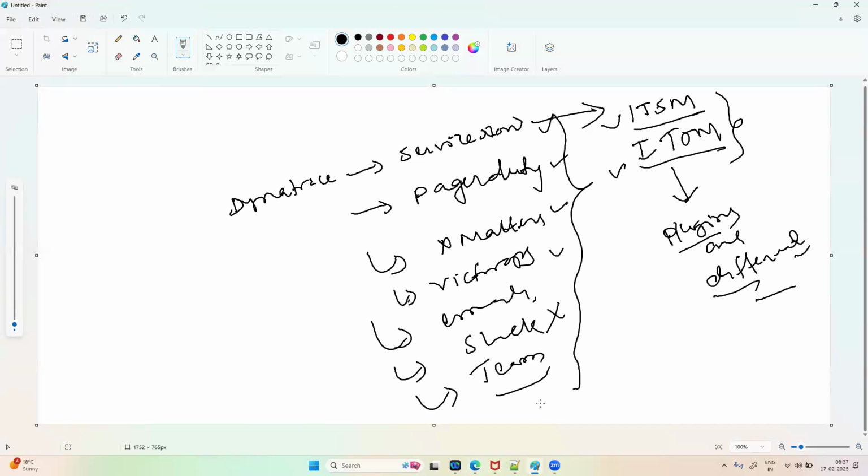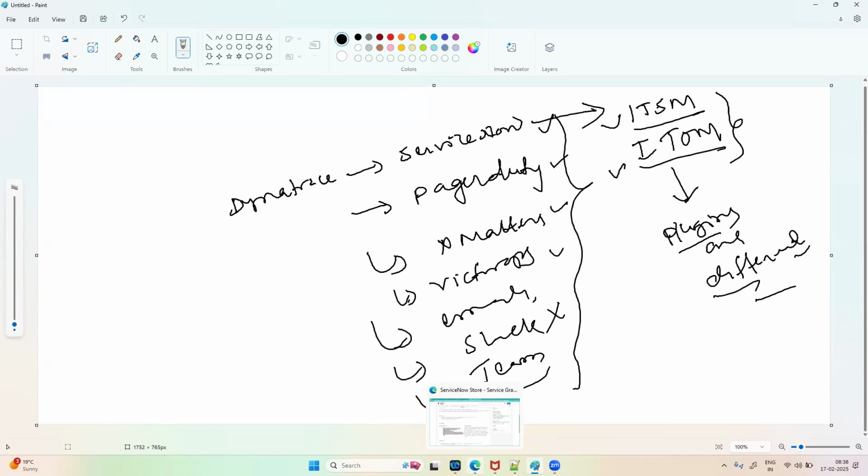Now, what you need to do is download the plugin and install it in the ServiceNow environment. Once the plugin is installed, you need to have a user account, all those things. Just during the interview, if somebody asks, hey, have you done Dynatrace ServiceNow integration? You should not say no. You need to manipulate their answers. You can say, yes,